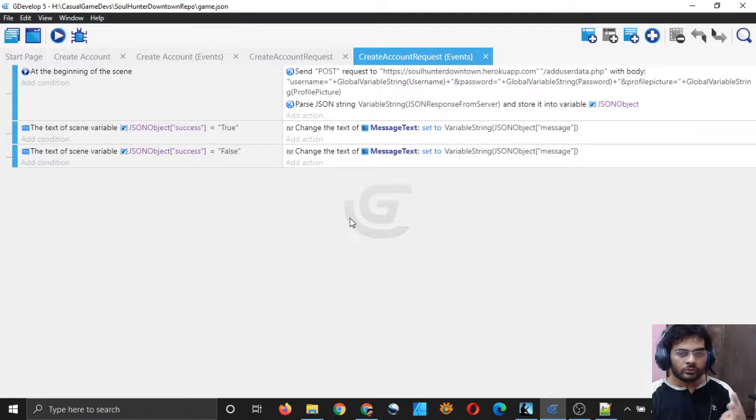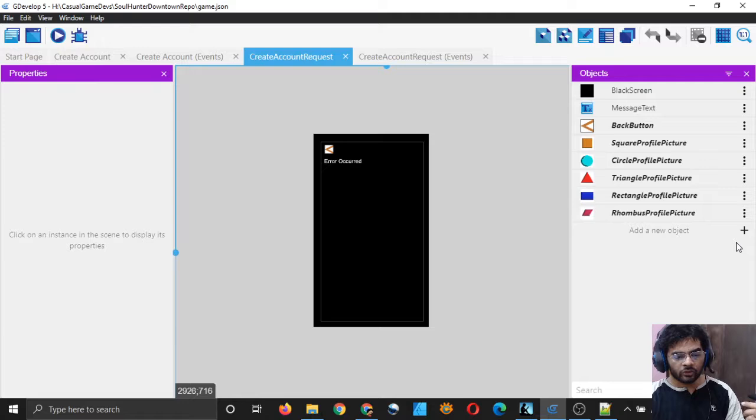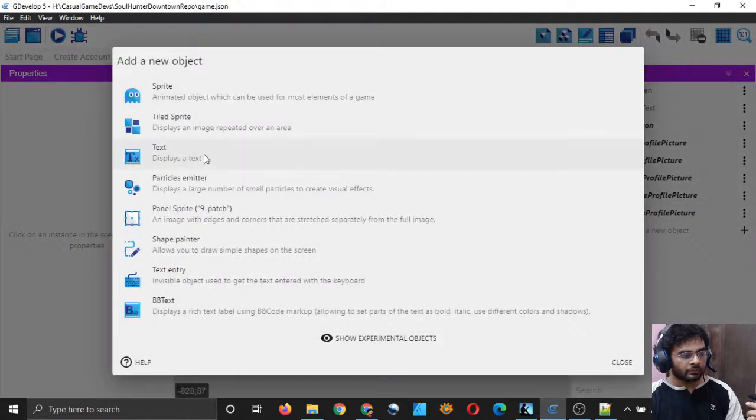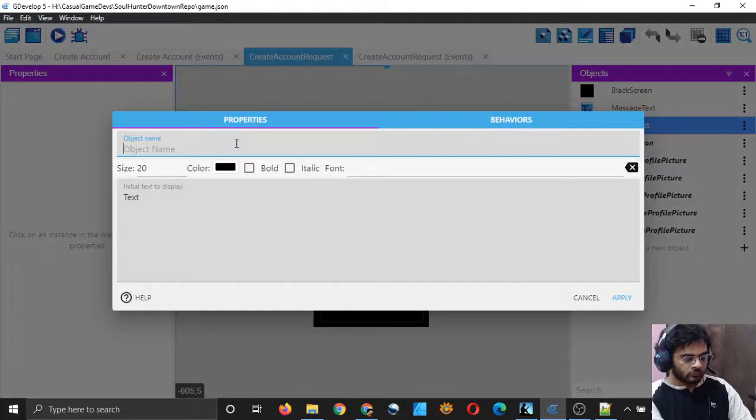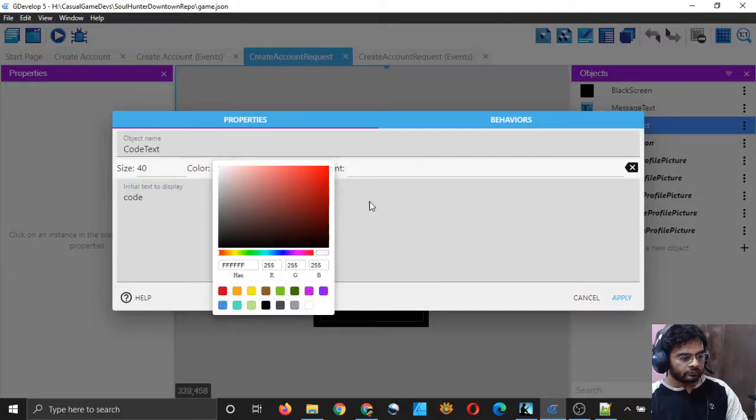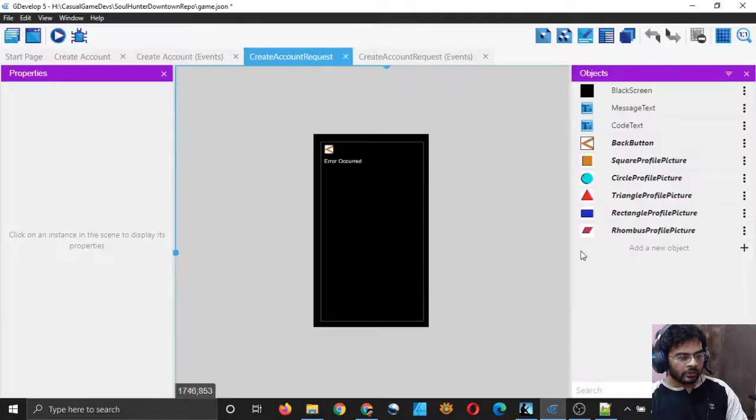To display those two things, code and username, I will create two new text objects, and I will call them code text, and the size should be 40. Text should be by default empty. I will just leave this empty, or maybe I will simply type code, and color should be white, and click on apply.